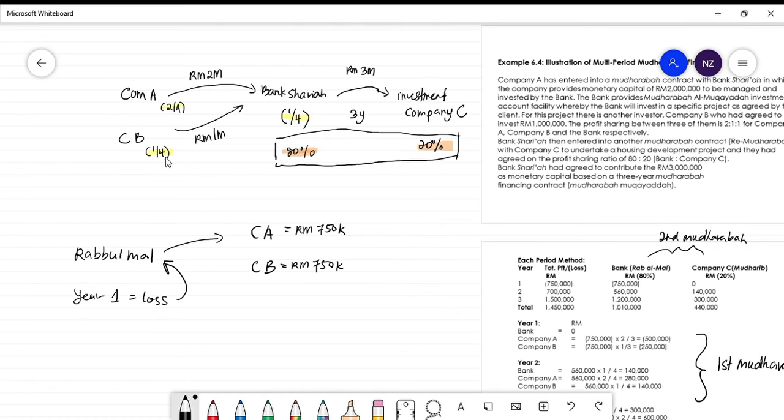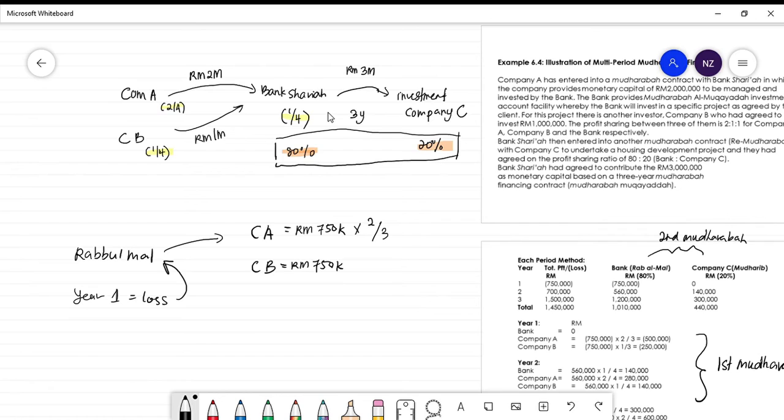Okay, CA tadi dia punya ratio is 2/4. Tapi awak tak boleh ambil 4. Sorry, tak boleh ambil 2/4 sebab kalau 4 dia dah campur sekali profit bank syariah. Kan 2+1+1 is 4. So awak hanya nak kira dua orang punya ratio sahaja. Jadi awak kena buang lah bank syariah ni punya ratio, betul tak? So you have to buang 1 from 4 tu.